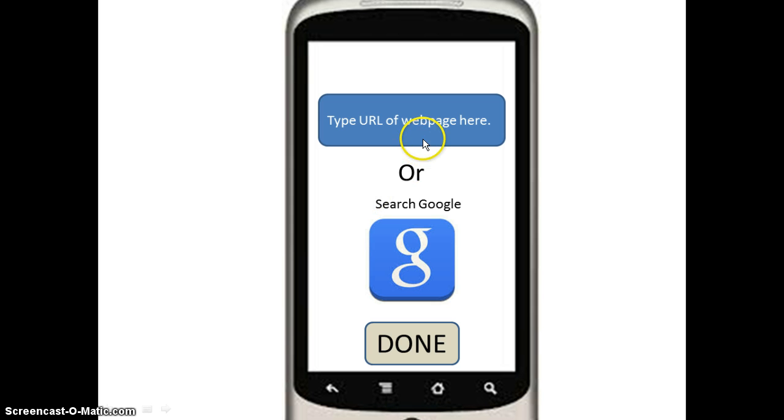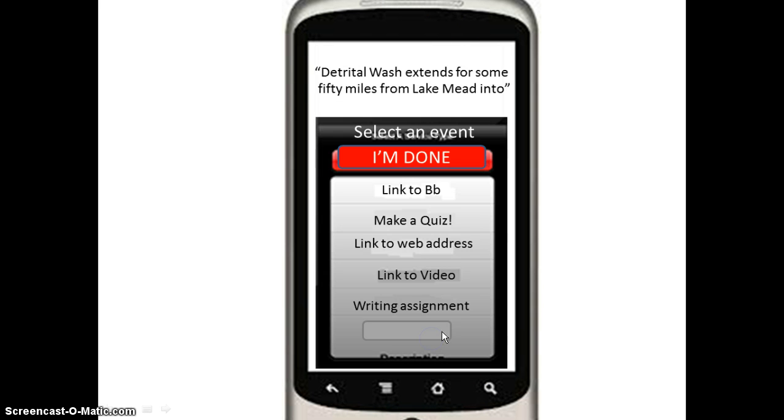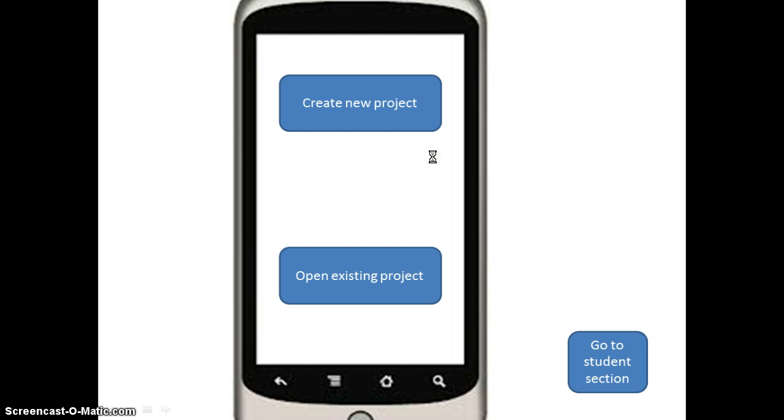a video. We have the option of typing in the URL or doing a Google search for it. We know exactly what we want, so we enter in that URL there, and we're going to see what that looks like from the student perspective a little bit later. But for now, we're finished with that. It takes us back to our event screen. Obviously, we're done. So back at our home screen,